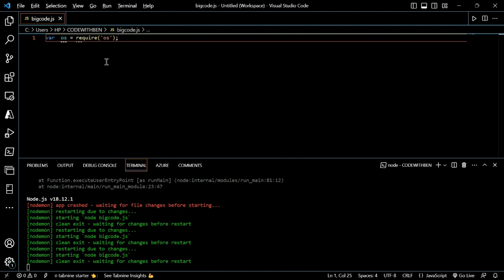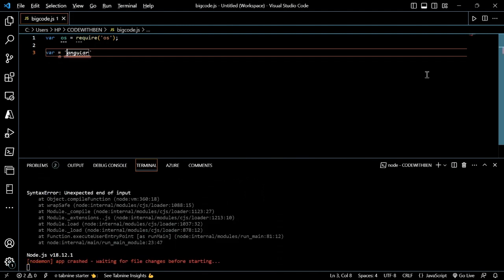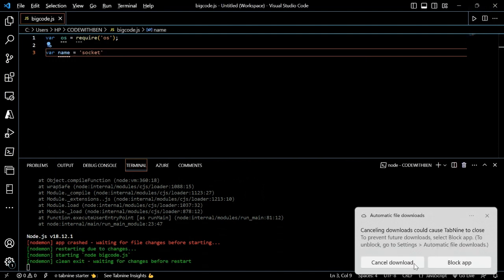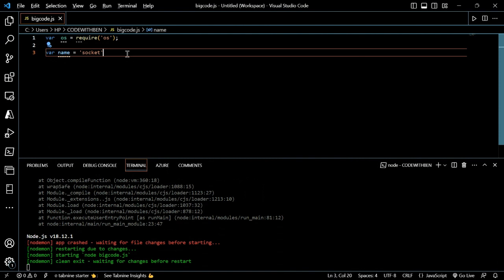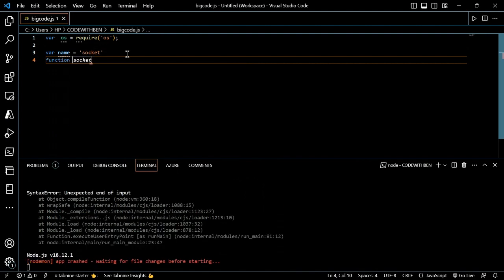If you have a function, let me give a little brief about var and let. Let's have something small like this: var name is equal to socket. Then we have a function, name